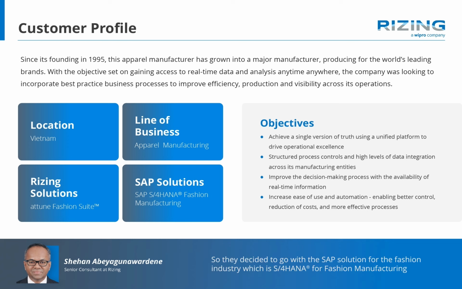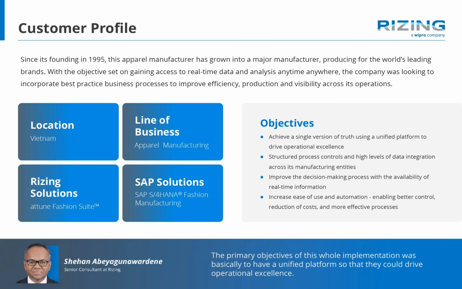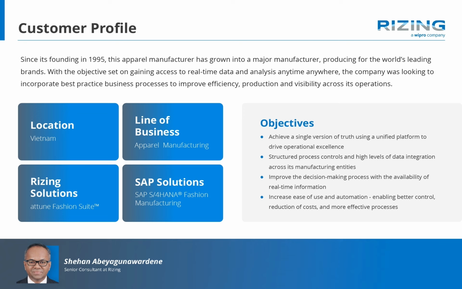So they decided to go with the SAP solution for the fashion industry, which is S4 HANA for fashion manufacturing. The primary objectives of this whole implementation were basically to have a unified platform so that they could drive operational excellence. Also, they wanted to bring in some structure and controls to their existing business processes as well as systems. In addition to that, the expectation was to have improved decision making and the availability of real-time information,